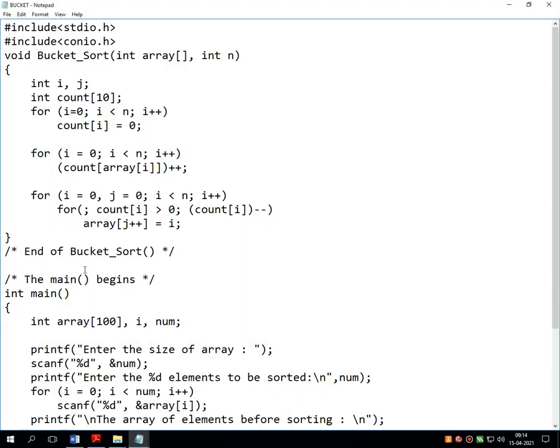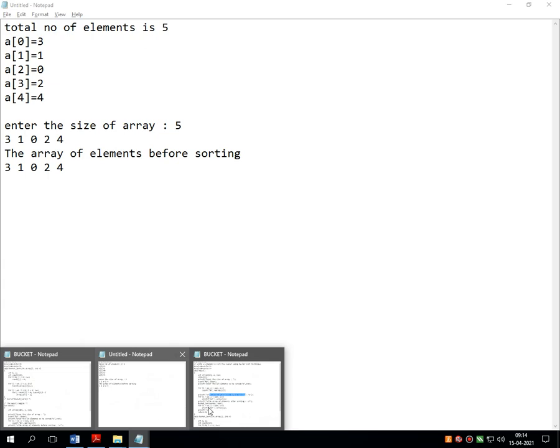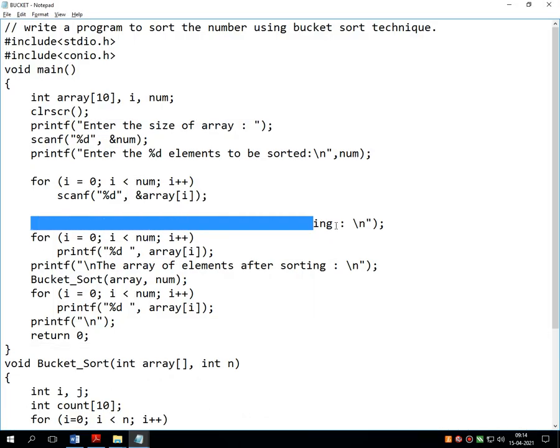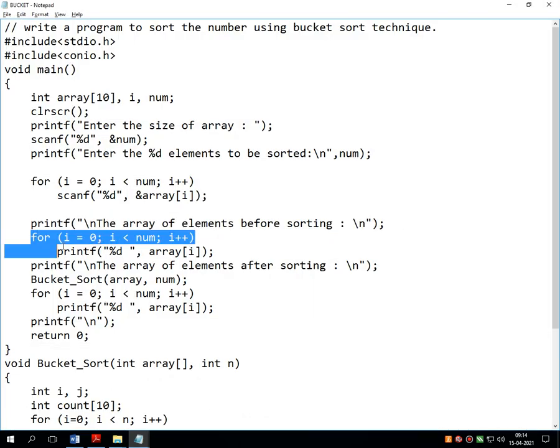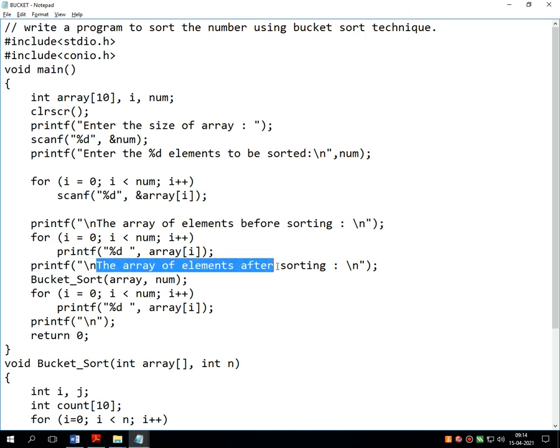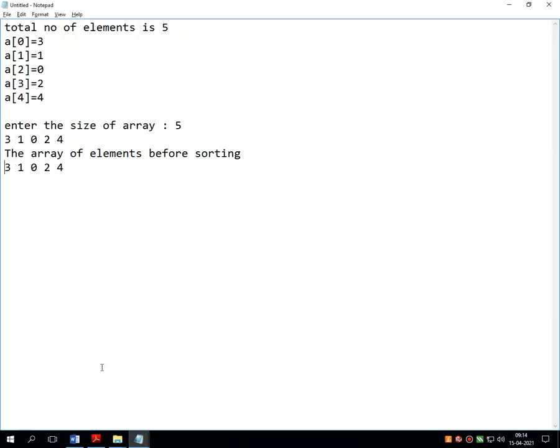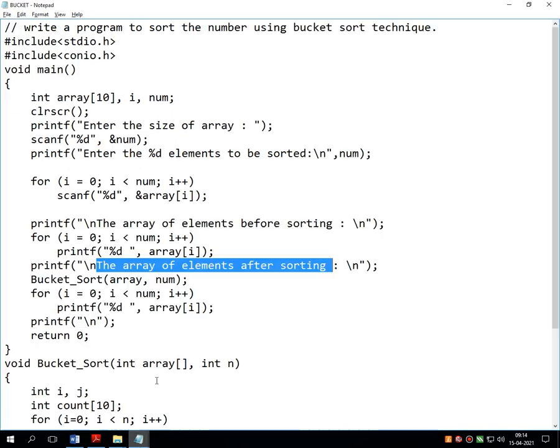Once it is done, by this particular for loop, one more message is there, the array elements after sorting. That means this message is going to be printed onto the screen like this.